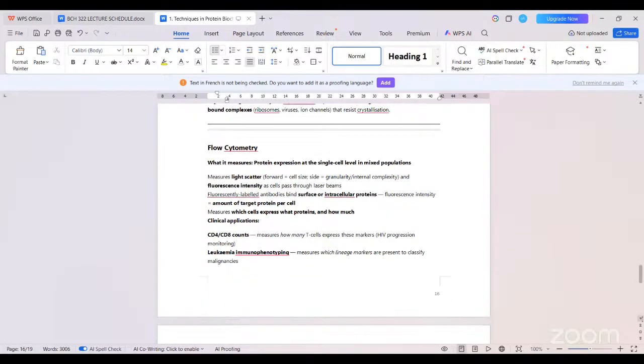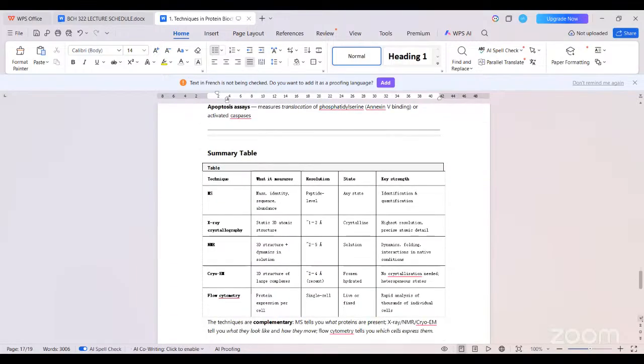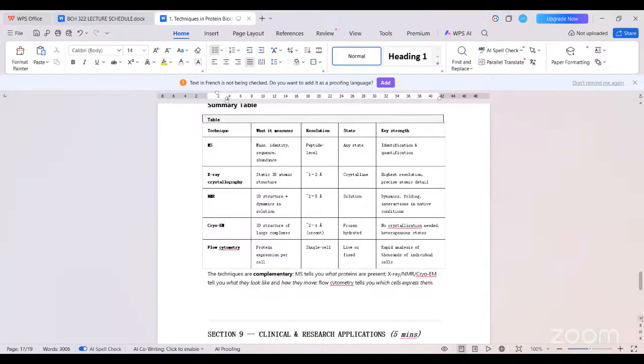So let me just use this table to summarize each of these techniques. From the table, we see that each of these techniques has its strengths and what they measure. So depending on the protein of interest, each of these techniques also are complementary, meaning that one or two of these techniques are often used to get to the point of best of interest and the sample of highest